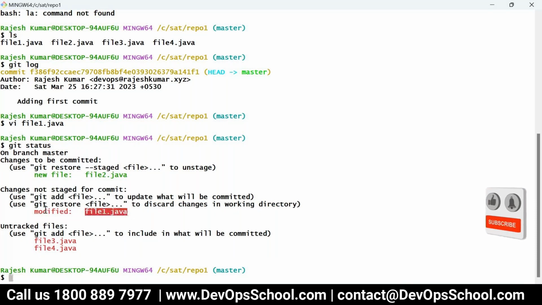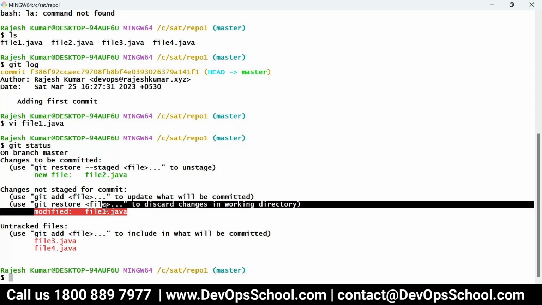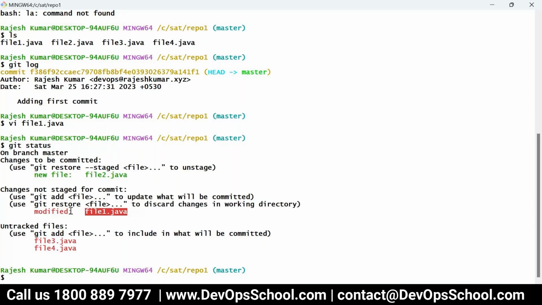Git is saying, hey, in the past you committed this file, but the changes you made recently are not versioned. So you want to stage it and commit it. Every change has to go to the staging area for the commit, and then commit it.